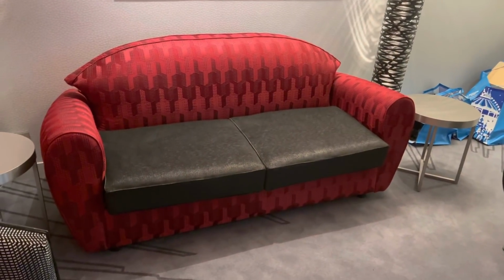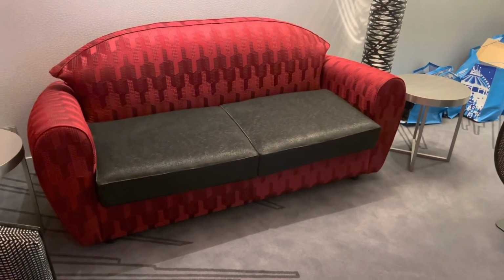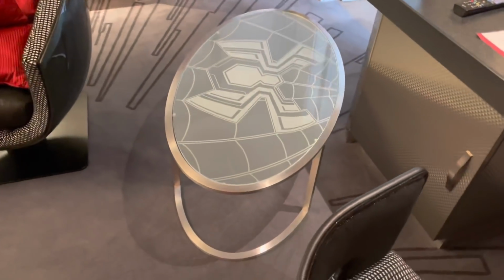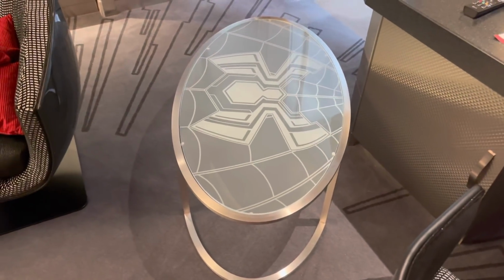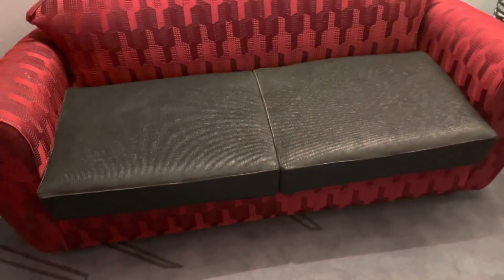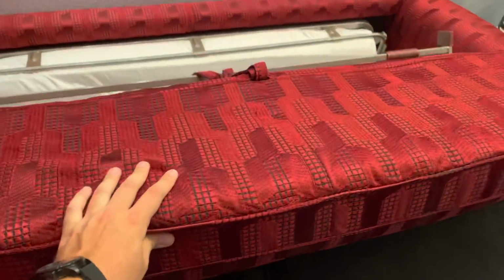All right, it's the part you've all been waiting for. Opening this sofa. I have to warn you, you have to rearrange the room to do this. So these are really light, these two chairs. This Spider-Man glass table is very heavy, and I had to drag that across the room. Okay, so I tried to pull these out. They don't come out. What you have to do is grab the back, and you just pull forward, and